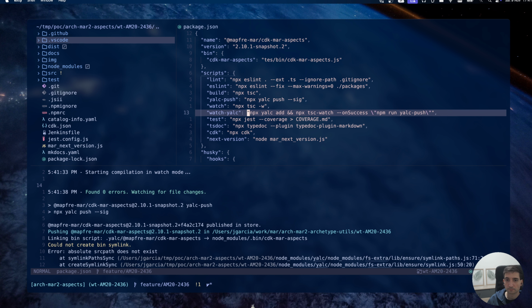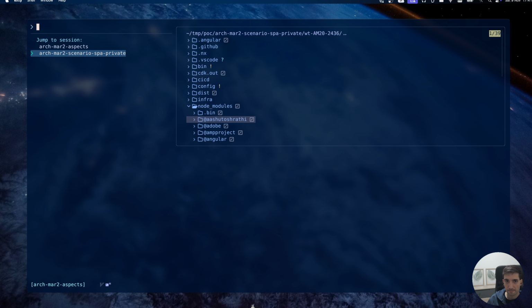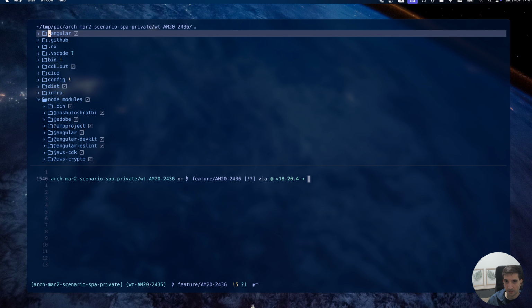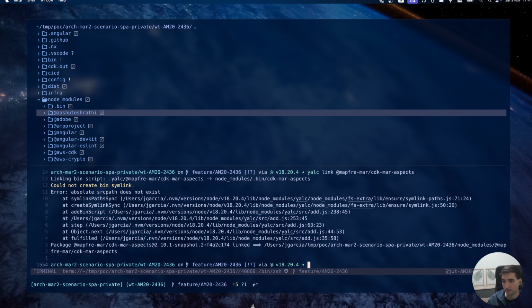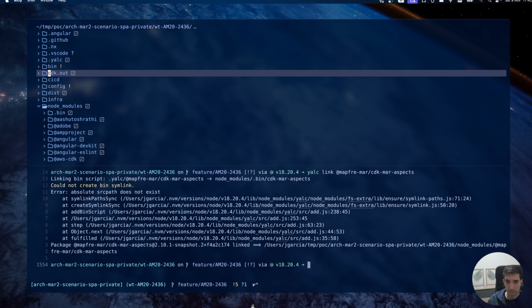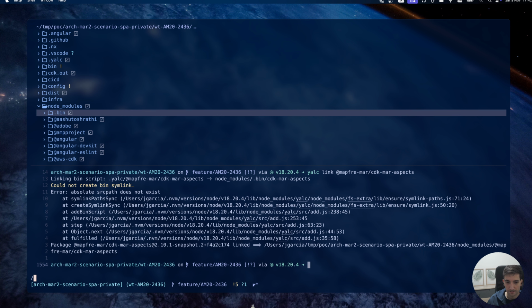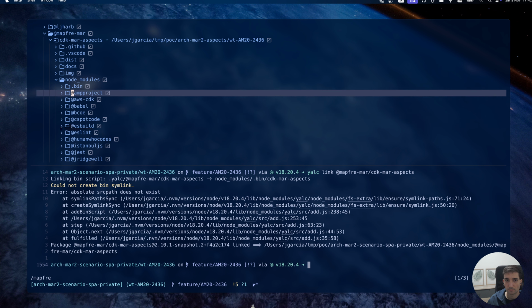Now, when we move to the CDK application, then what we are going to do is use yalc link and link to the library. Then if we update, we now have a .yalc directory, and inside the cdk-mar-aspects we will see